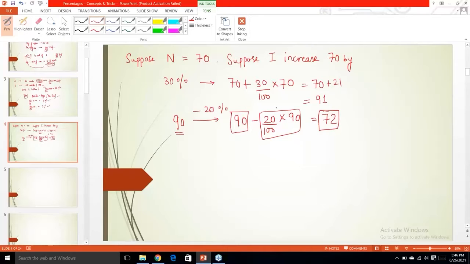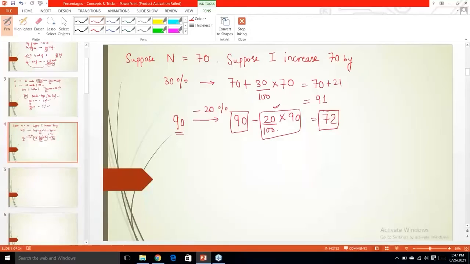This is not what I want. This calculation is sort of irrelevant to me. Why do I need to calculate the 20% of 90? I can do it in a more direct manner, wherein comes our concept 1. Concept 1 says that if n is, let's say, incremented, and for decrement, you can obviously replace the plus sign with minus,